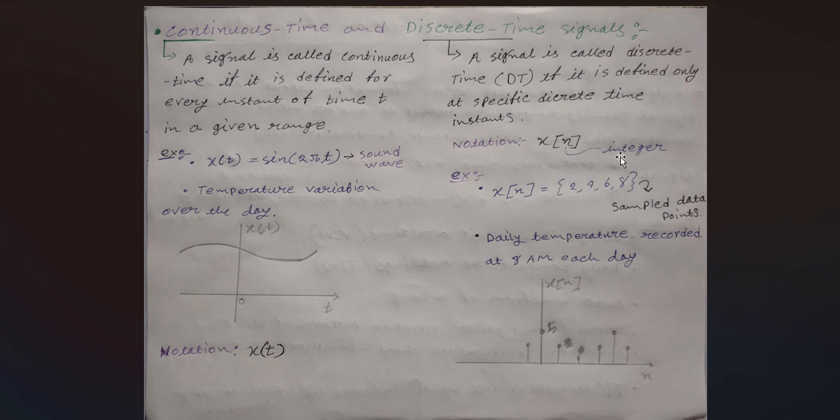Example, x[n] equals 2, 2, 4, 6, 8. Another example is daily temperature recorded at 8 a.m. each day, not the total day data. It is just 8 a.m. The graph is discrete. You can see we can't find any value between each step. Okay, next,